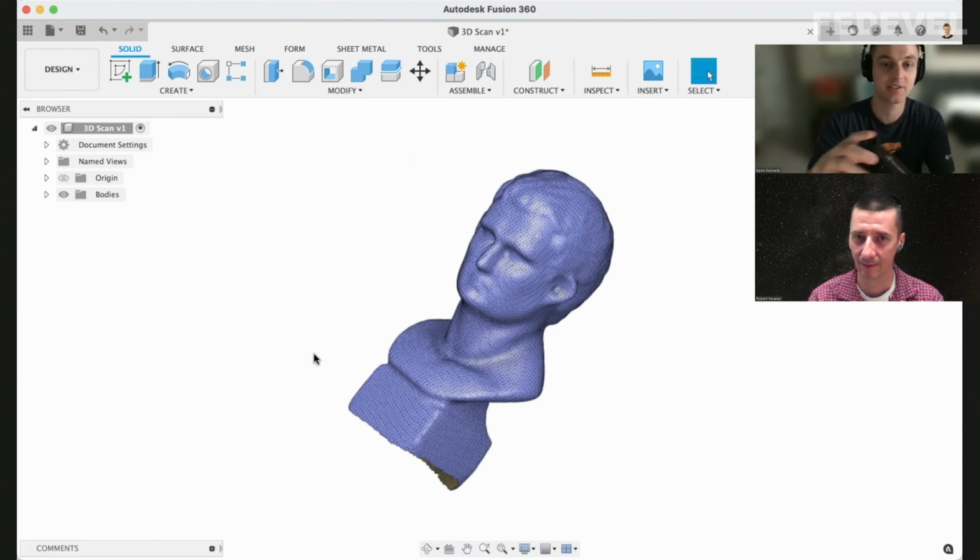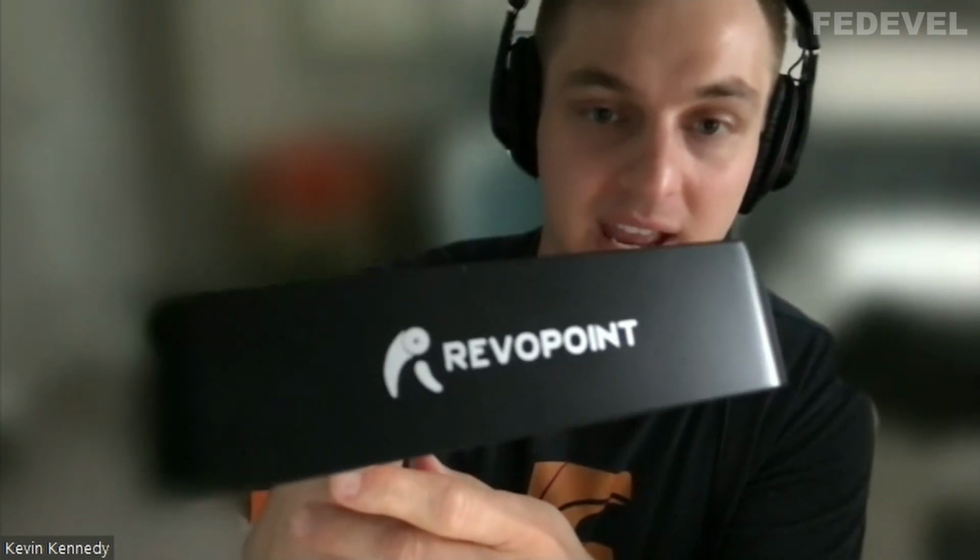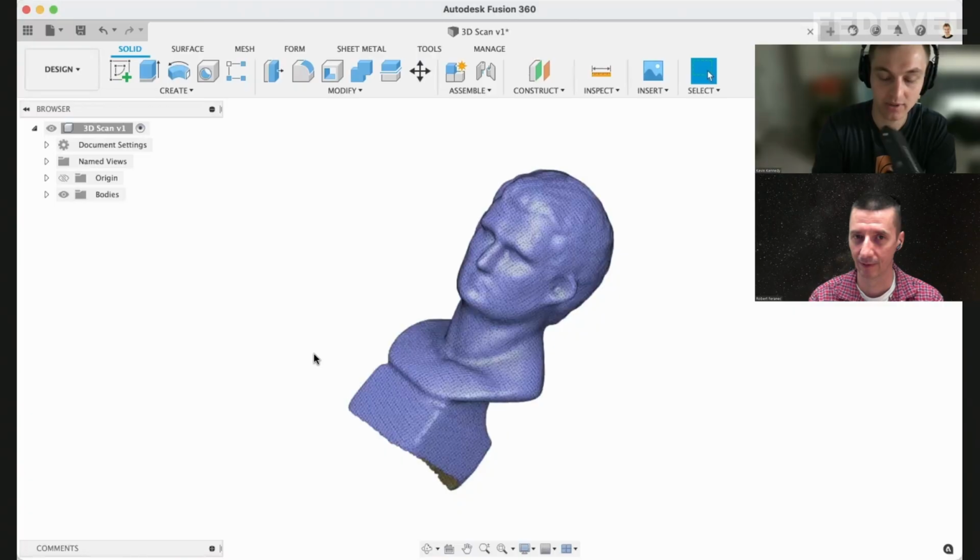So hopefully we can see this without it getting too blurred. But yeah, this is a handheld 3D scanner. It's called the RevoPoint Pop Scanner. And I believe they actually have a couple versions now. But this, I think it runs at about